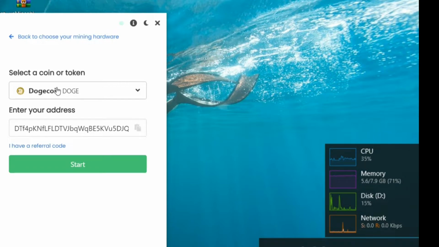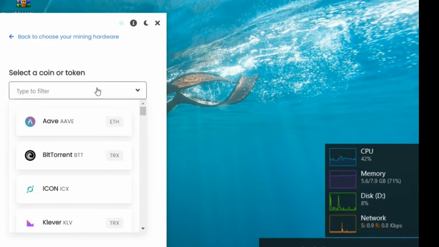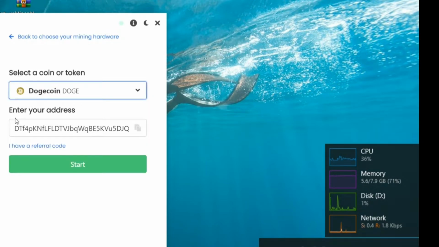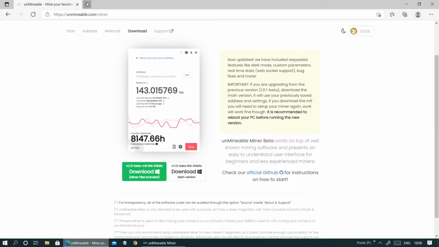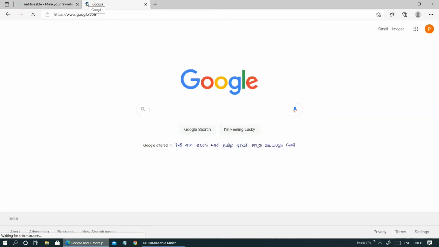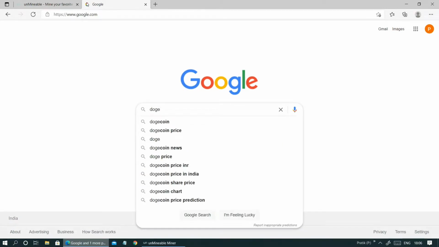Okay, now here Dogecoin we have selected, and here you have to enter the address of your wallet where you want to collect or store these Doge coins. Now to get the address of your wallet, go to dogecoin.com,